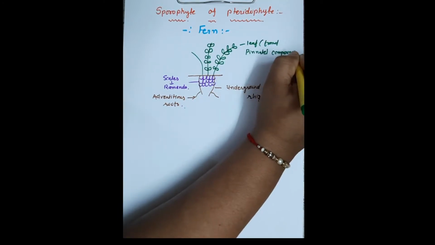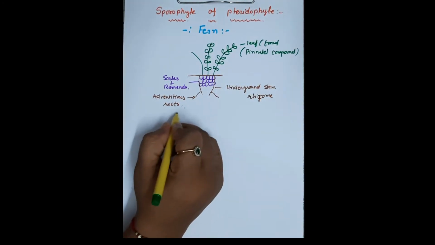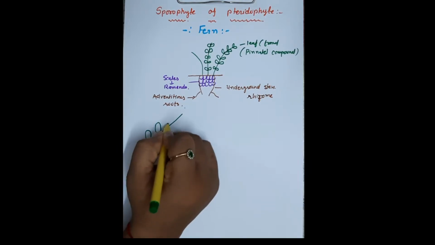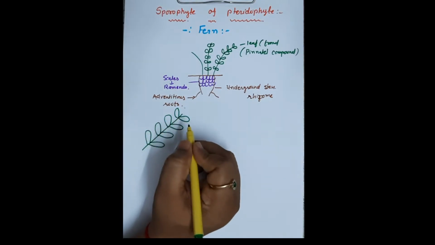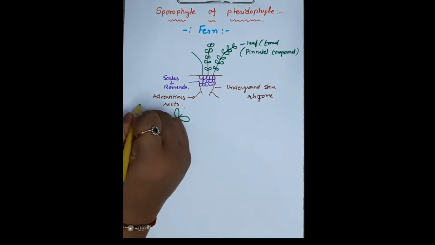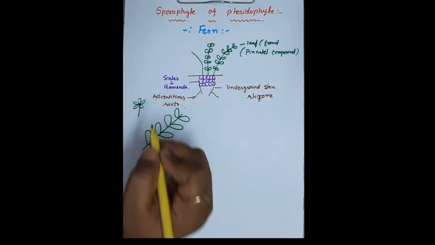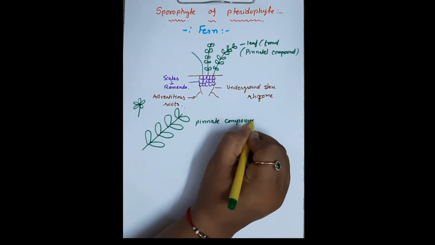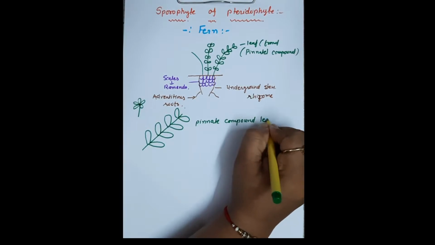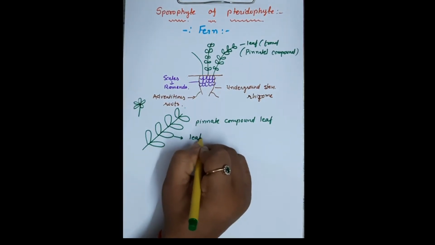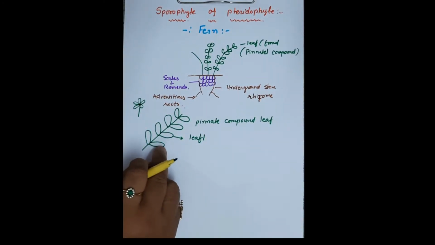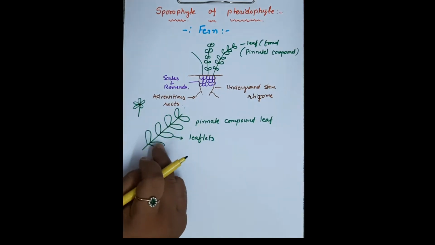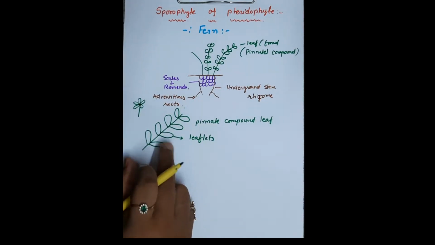Pinnately compound leaf, सिंपल लीफ नहीं है, कंपाउंड लीफ है। लीफ के टाइप्स आते हैं पिनेट एंड पामेट। जैसे मैं बोल दूं कि मेन एक्सिस पे ऐसे अरेंज होते हैं जस्ट लाइक फेदर, तो उसको पीनेट बोलते हैं। अगर टिप पे ऐसे अरेंज होते हैं लीफलेट्स, तो उसको पामेट बोलते हैं। तो ये जो है वो है पीनेट कंपाउंड लीफ, जस्ट लुक लाइक फेदर्स, और उसमें ये जो छोटी छोटी होती है उसको बोलते हैं लीफलेट्स। Now actually this is compound leaf, so we can't say this is a leaf, it is leaflets. कंपाउंड लीफ में जो छोटे छोटे लीफ जैसा होता है उसको क्या बोलते हैं? लीफलेट्स, याद रखना।